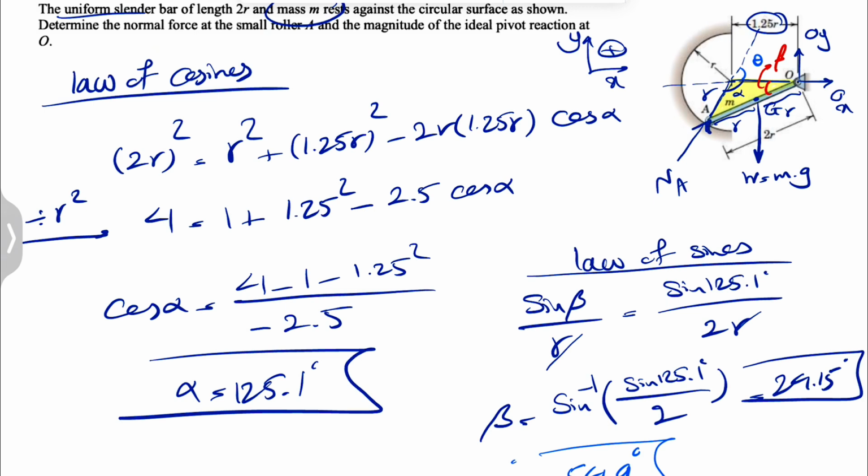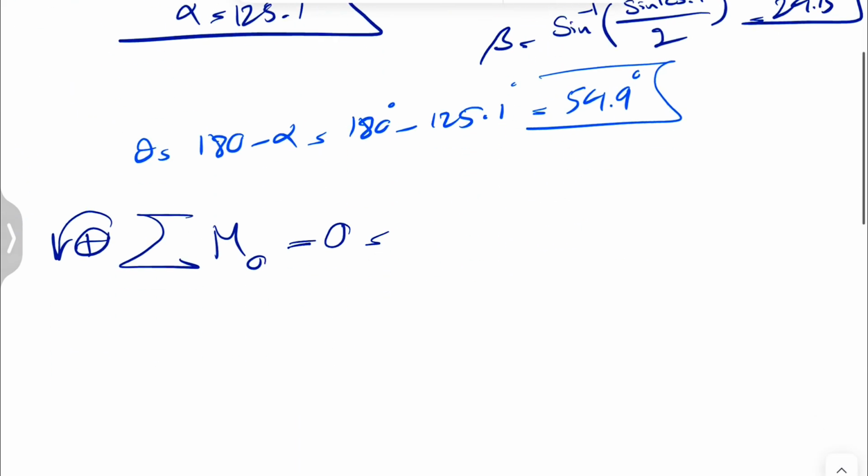So for finding the moment of NA, we can go with any point on the line of action of NA. So it seems if we go in here, our R is pretty easy to figure out if we consider that the center of this circular path. So if we try to resolve the force NA into X and Y components, the X component won't make any moment, but we're going to have the moment of the Y part, which is going to be a moment clockwise. So we're going to have a negative moment minus